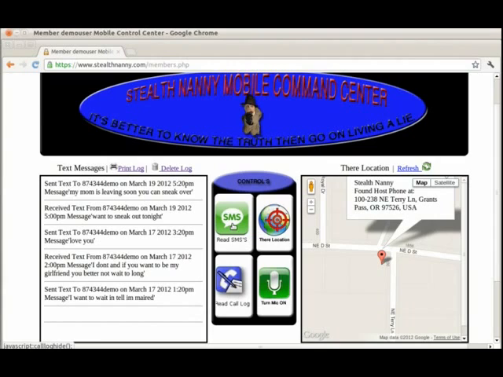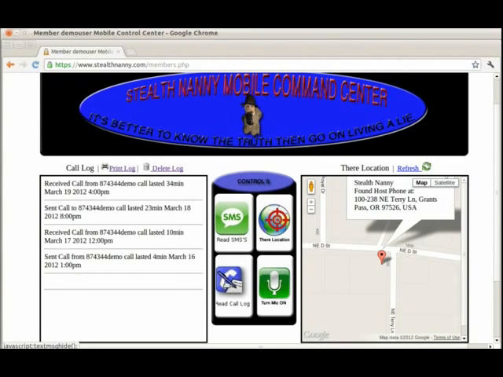Read log, this is your control panel here. If you go to read log, it's going to tell you the call log. It'll tell you received call from the phone number and sent call was sent to this number, and it'll tell you how long the call lasted in minutes and the exact time and date the call was placed. Now also this feature